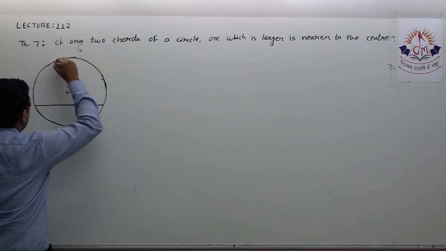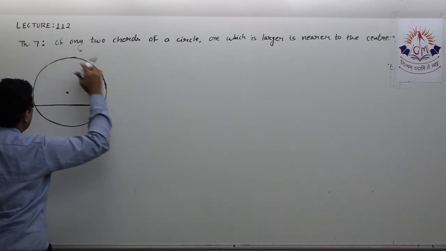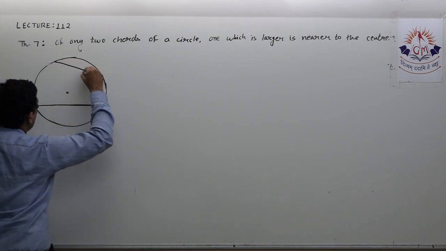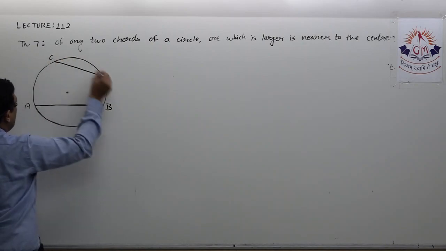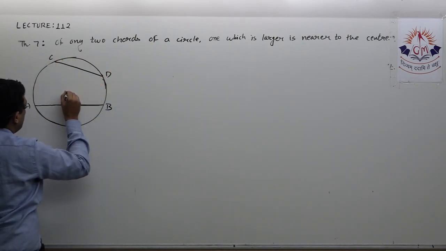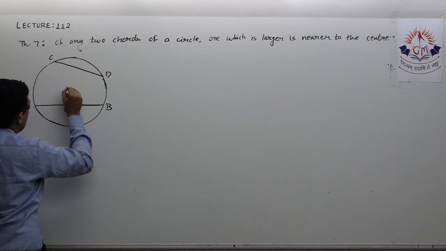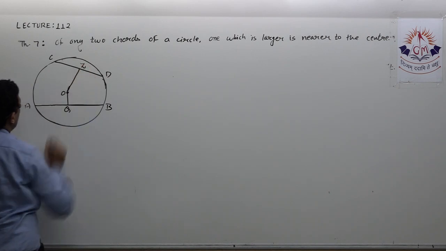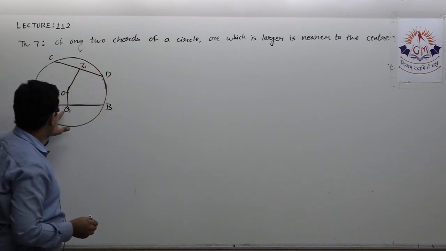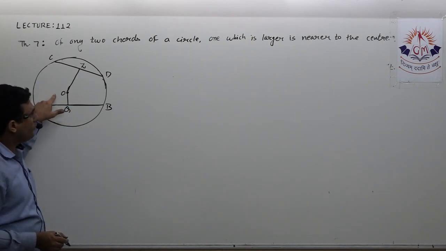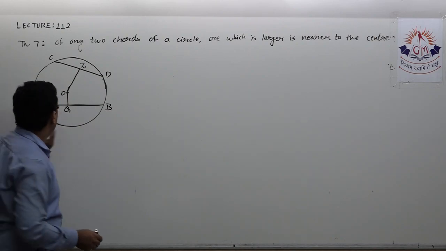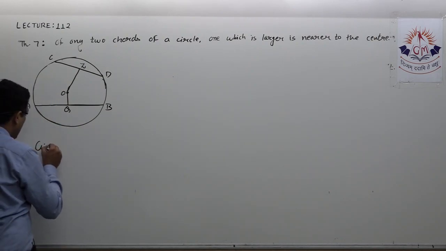Definitely that chord should be smaller than this chord, and by default, to draw the smaller chord, you have to go a little bit upward. Okay, so we have chords AB and CD. From the center, a perpendicular OQ and a perpendicular OZ. What we have to prove, as it is clearly visible from the diagram also, AB is greater than CD, so we have to prove OQ is smaller than OZ. So let us see how to prove this.